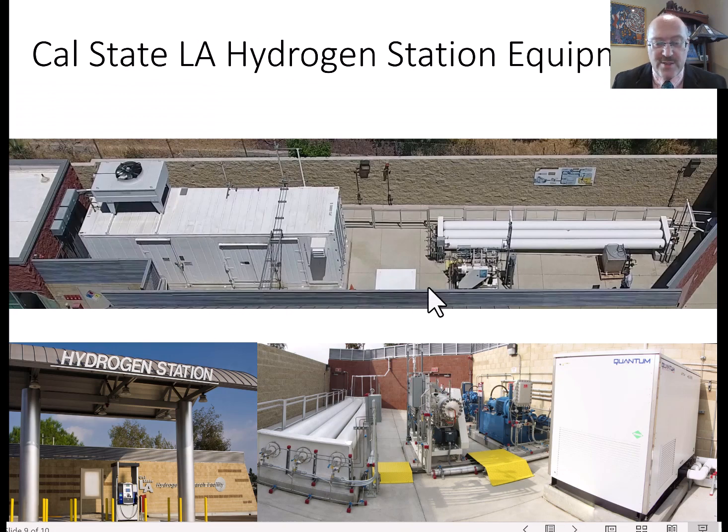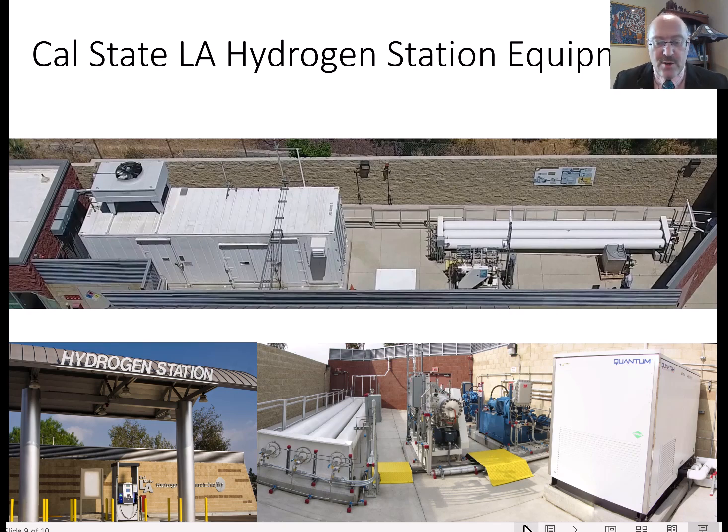And here's my hydrogen station, the Cal State LA hydrogen station, where I work. We have an electrolyzer, and there is a ton of different equipment that goes into the electrolyzer. There is a steel tube, so someone has to make the steel tubes. There are compressors. There are chillers. So there are all kinds of things, and here are the dispensers, where some special equipment goes into those dispensers. And so, as you can see, there are plenty of different products that different countries already know how to make.